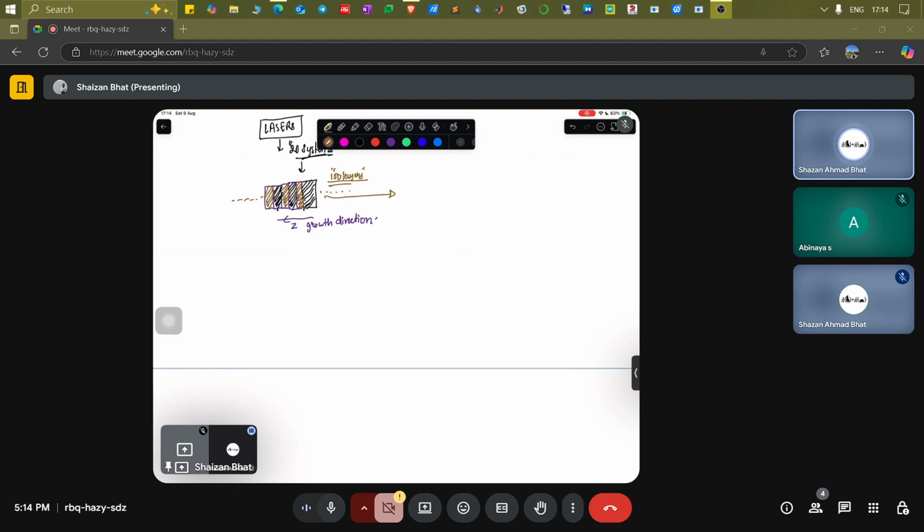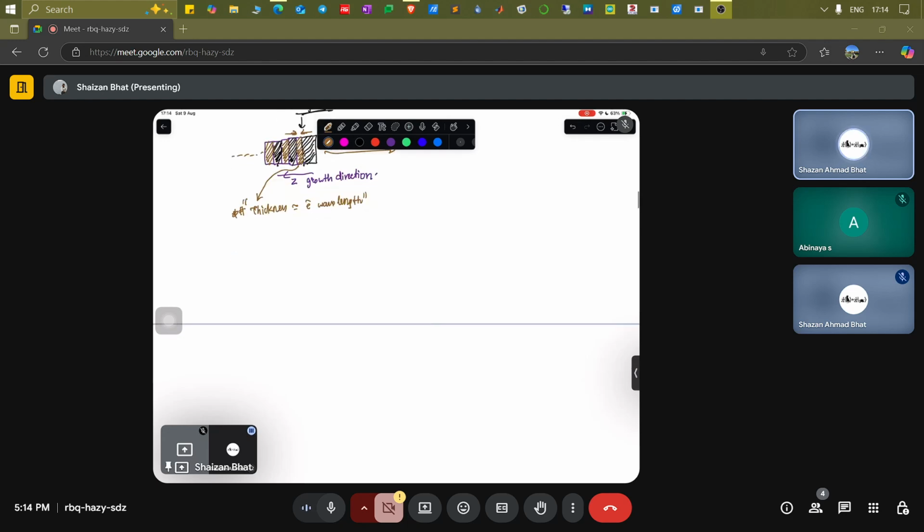Once you make a system with these many layers, and to be noted, each of these layers is very thin. Okay, how thin are we talking about? We are talking about, let's say, the thickness of the order of electron wavelength. You might have studied in this course when do the quantum confinement effects come into picture? When the dimensions become approximately of the order of de Broglie wavelength of the electrons. So that is what you have been taught in this particular course.